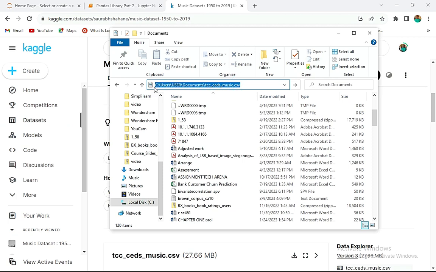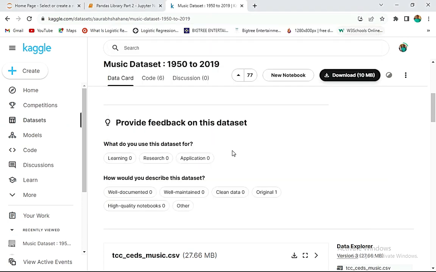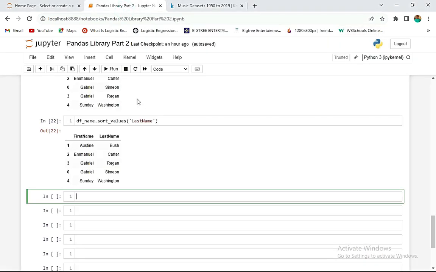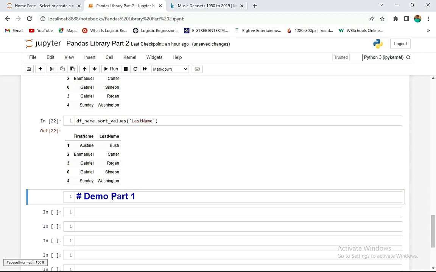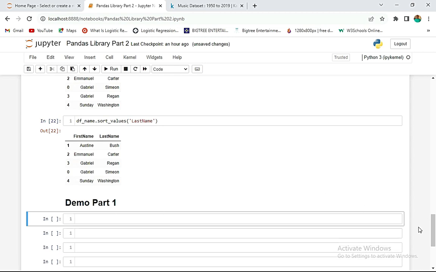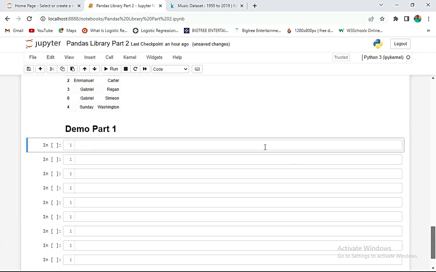So let's copy this. So copied it. So now we go back to our data. Let's say it's a demo. Okay, so let's take this down. All right,